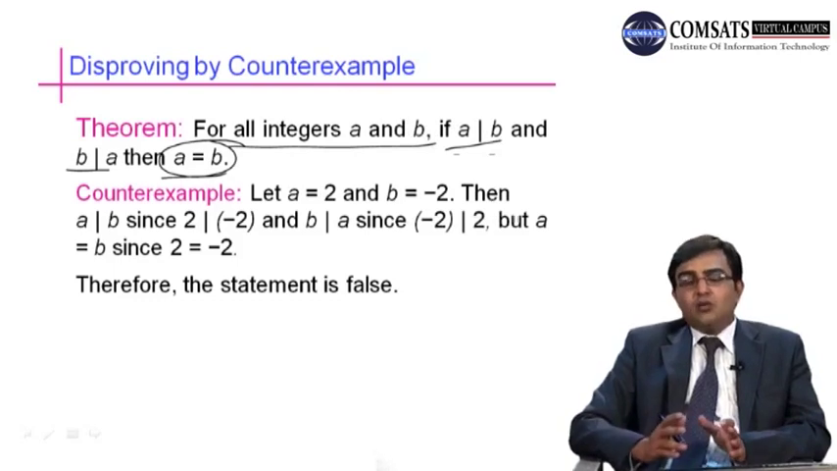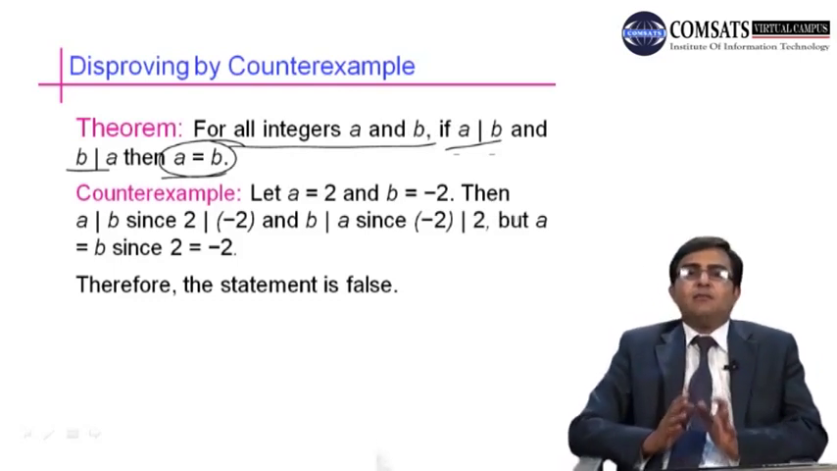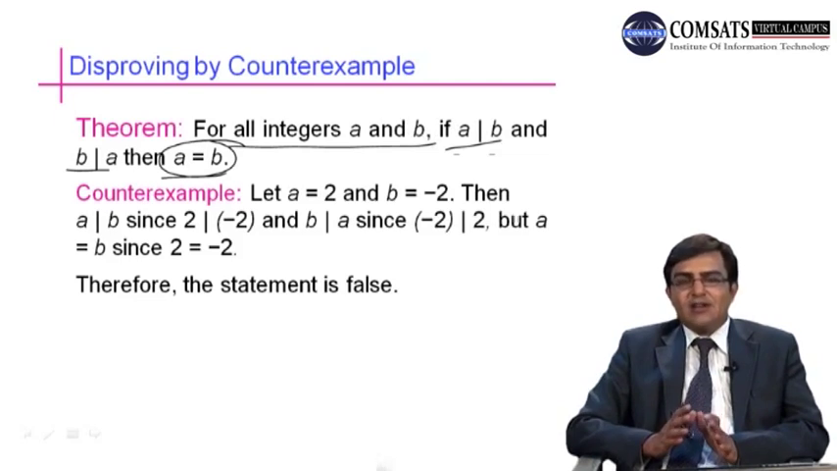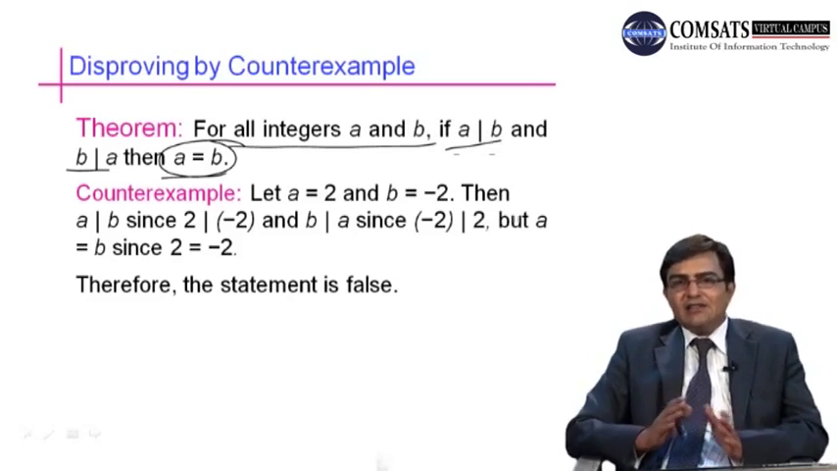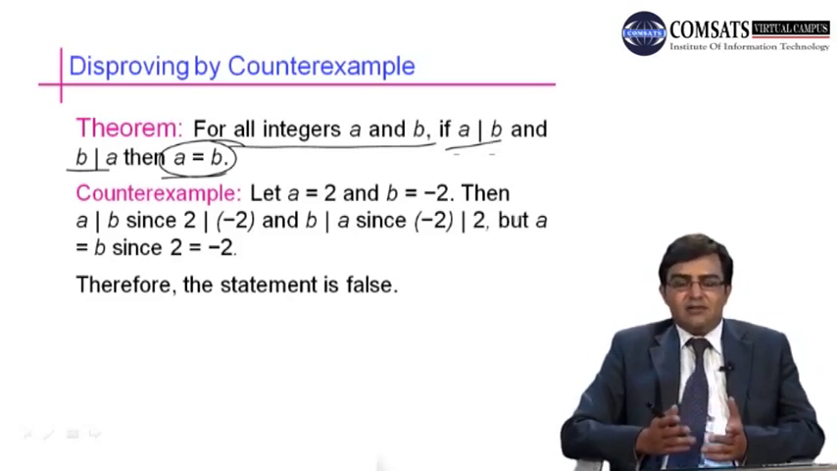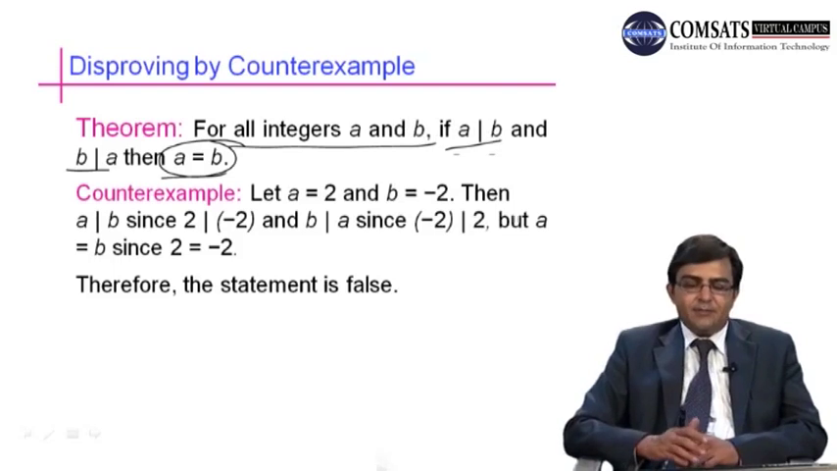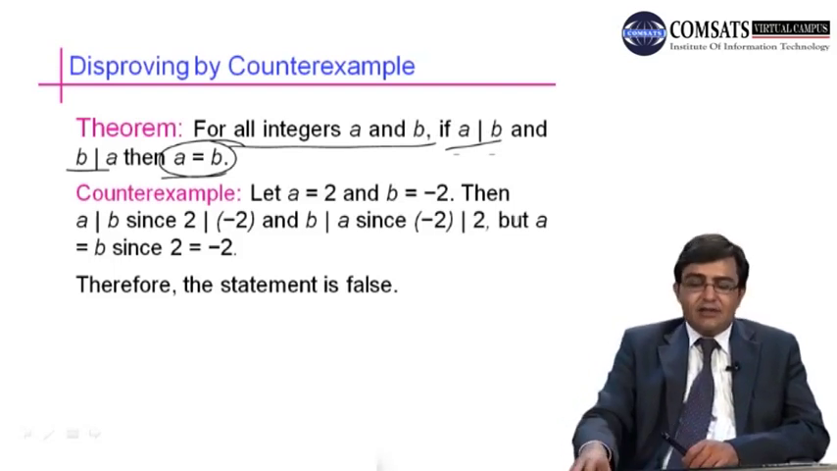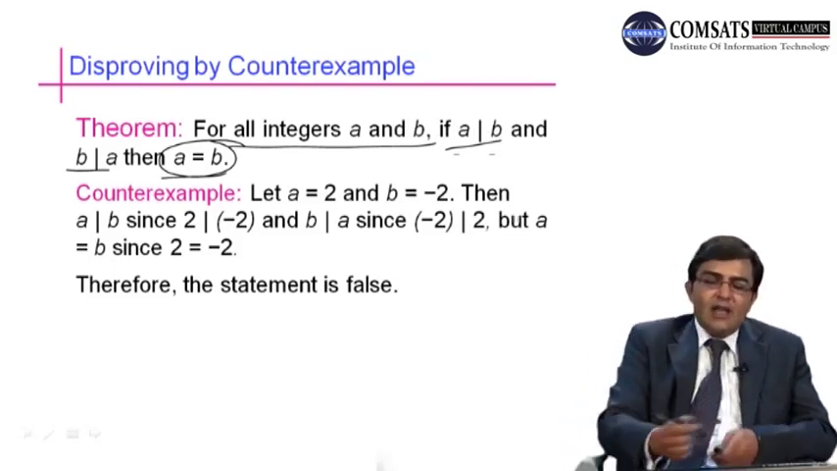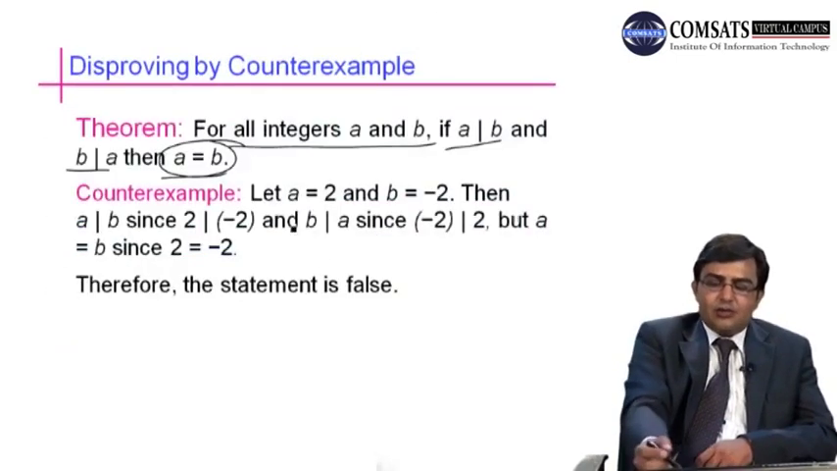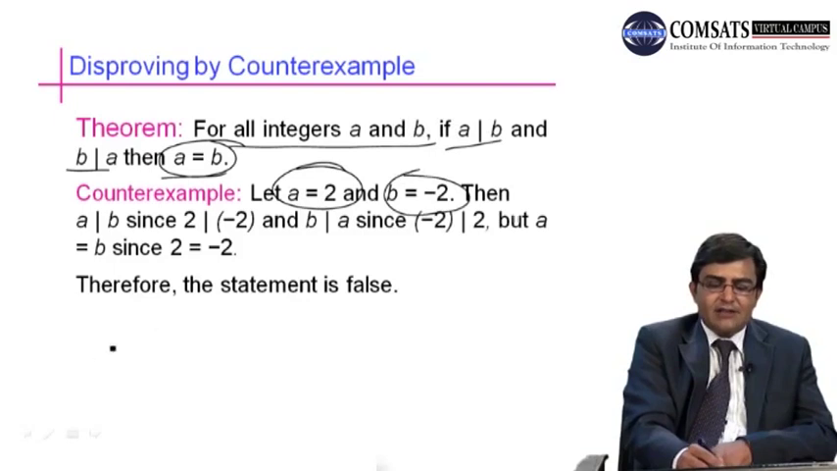So what we do, we try to find some particular example, a counterexample, which disproves the given statement. So we look for two integers a and b which divide each other, but they are not equal. So we can take the same examples as we have taken in the previous case here. Here if we take a is equal to 2, b is equal to minus 2. Now 2 divides minus 2 and